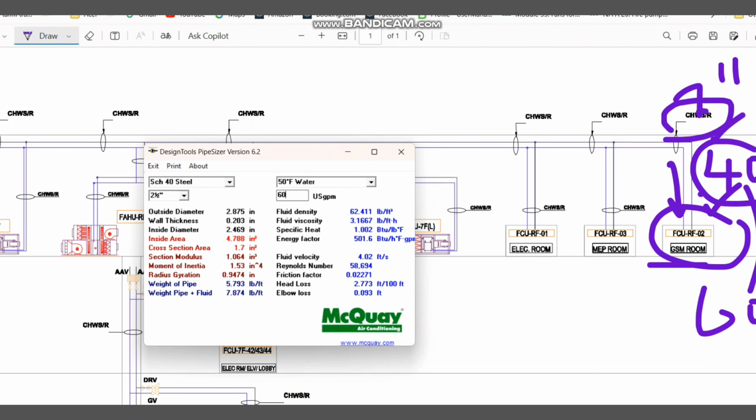So as I told you, till 2 inch we have to see the velocity. If it is more than 2 inch pipe size, then we don't need to see the velocity. That is why the method is called a velocity plus friction method. So that time you have to see the head loss only.